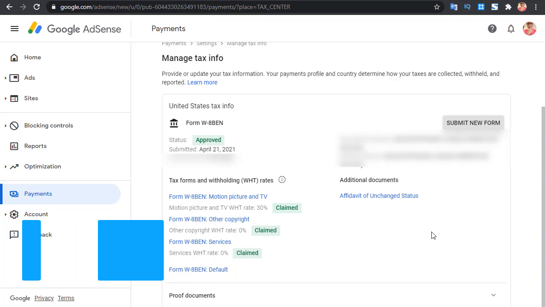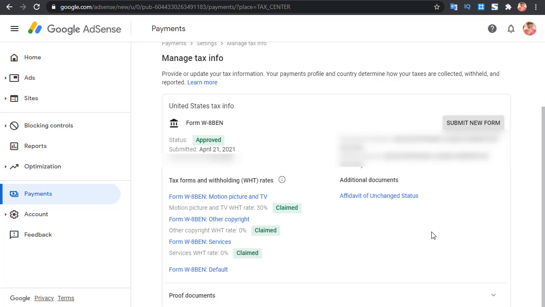If you submit tax information from a country that doesn't have a treaty with the US, then unfortunately you're going to be deducted taxes which may be not less than 3%. So make sure you find someone overseas who's going to help you out with this. This is really an important case.